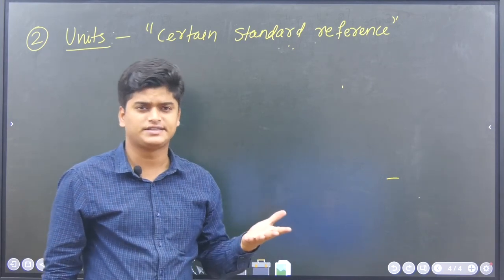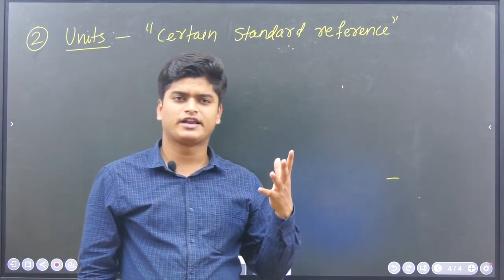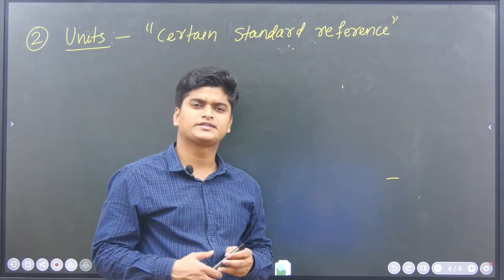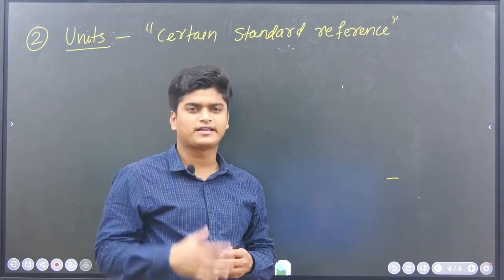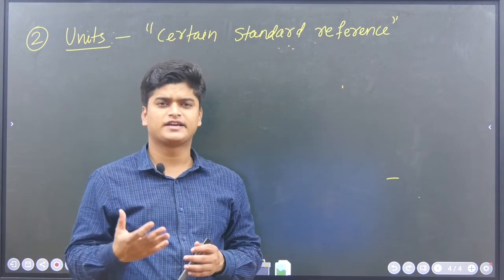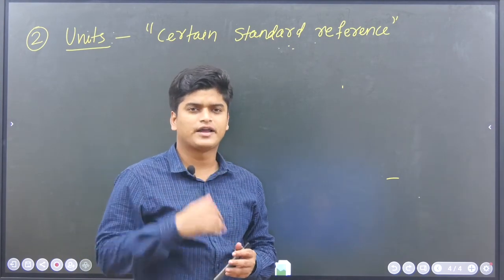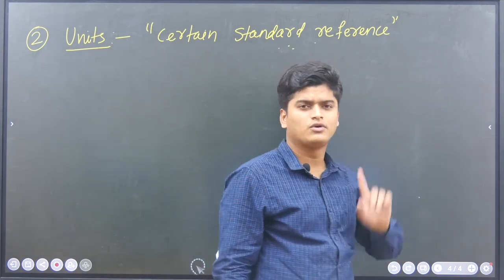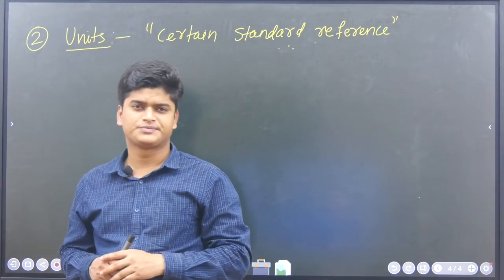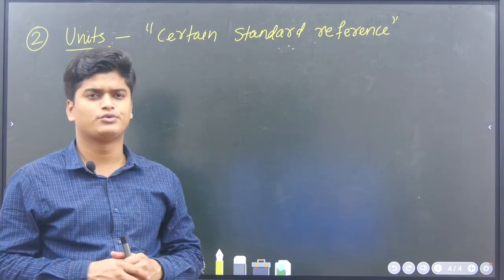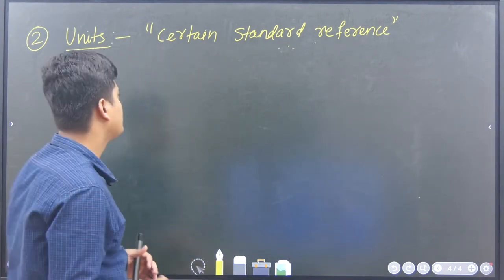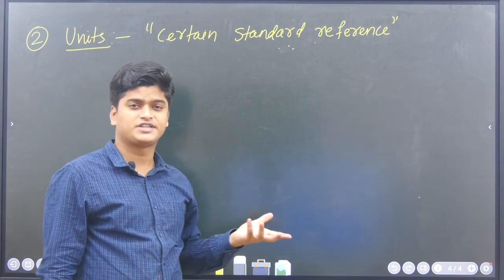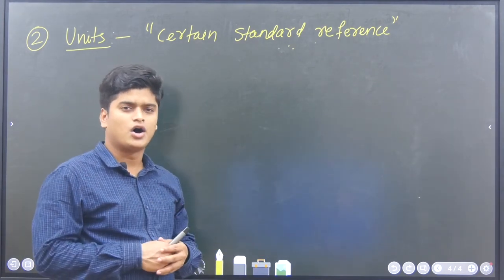Suppose I say kg, people can understand you are talking about some mass. Suppose I say meter, people understand you are talking about some length. When you say meter per second, I understand you are talking about some speed or velocity. Units have a very big role in solving numerical problems in physics. If you are very good in units and calculations, you can easily solve problems, because from the unit you can understand the physical quantity and relate it with some formula.